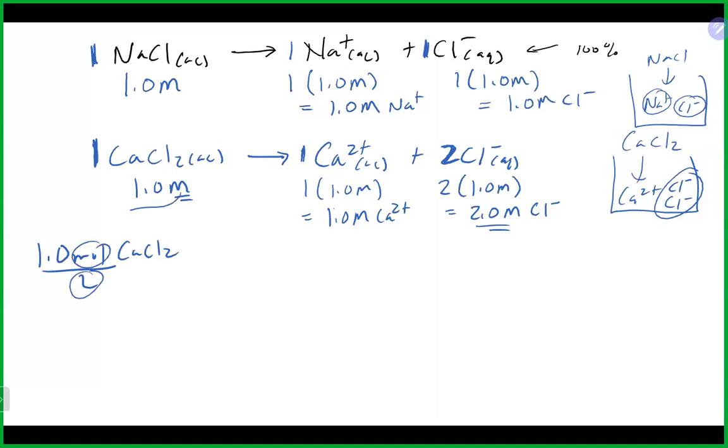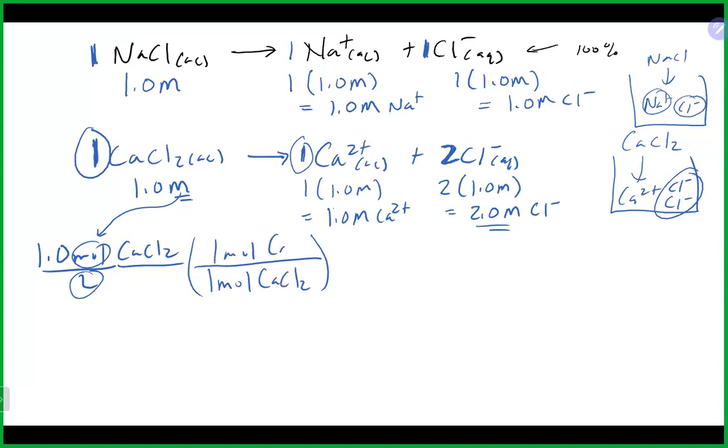So just substituting that in there. And we would actually do the stoichiometry mole to mole relationship. It is a 1 mole to 1 mole relationship. So for 1 mole of the whole thing, I get 1 mole of calcium ions. Moles of the whole thing cancel, leaves me with 1 mole per liter of calcium ions,